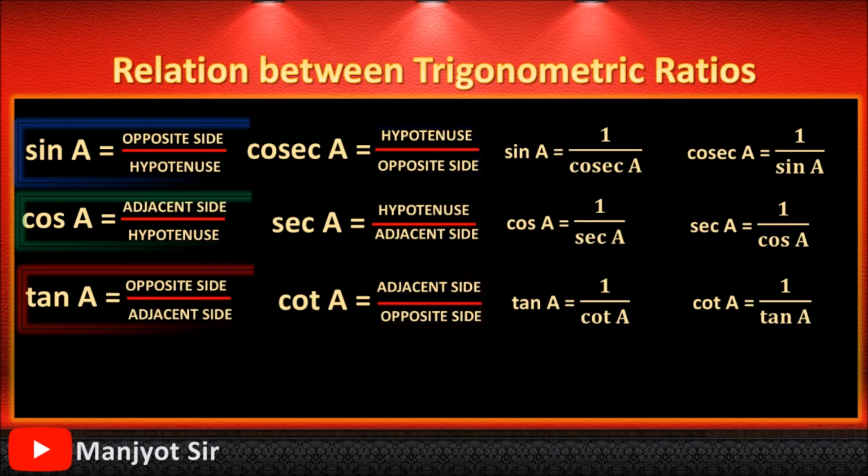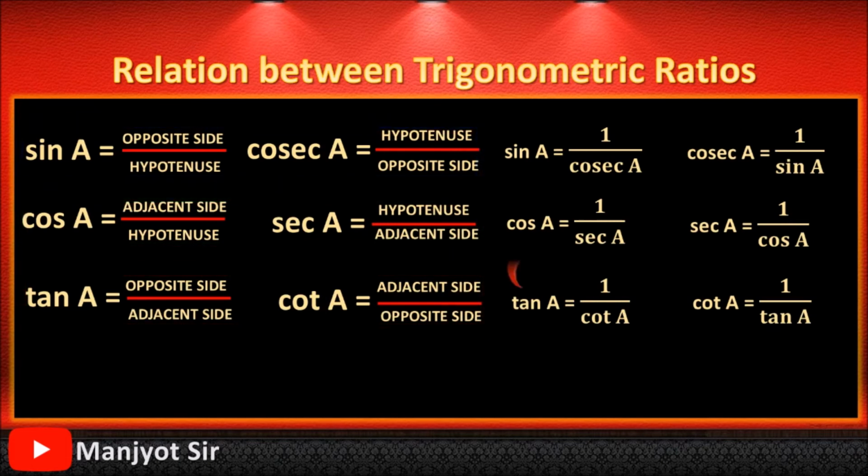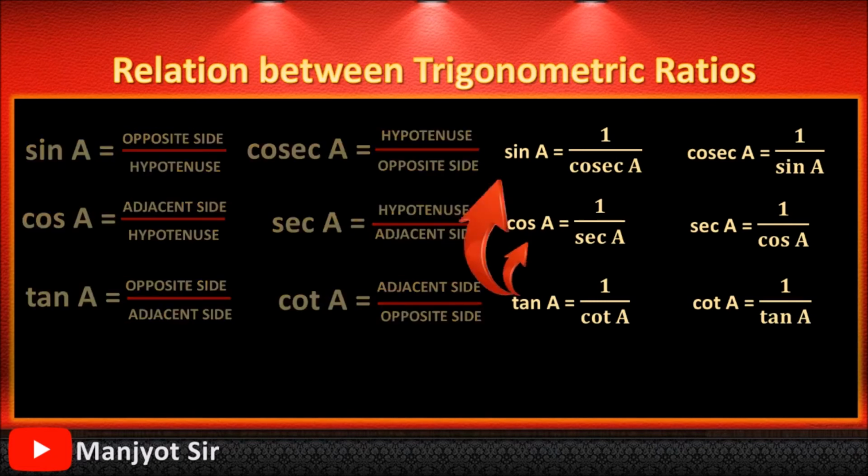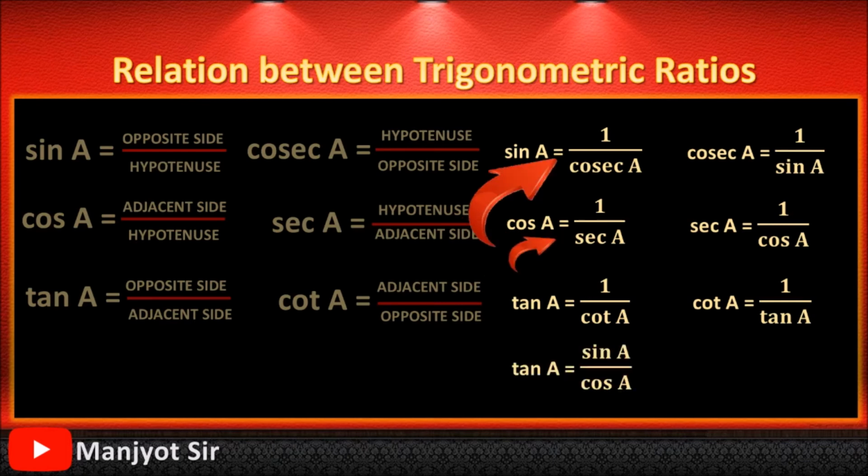Now, students, if you observe tan, above tan there are two ratios. One is sine and other is cos. So remember this very important relation between tan, sine and cos. See, above tan there is sine and cos. So you can write it as tan is equal to sine upon cos. This is very important relation between tan, sine and cos. Don't forget this. How we got this relation? See, if you observe above tan, there is sine and cos. So we have written in same format. So you can remember in this way that tan is equal to sine upon cos.